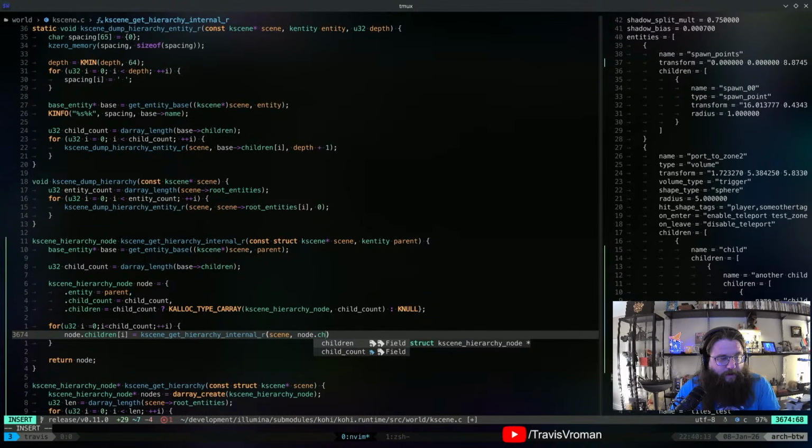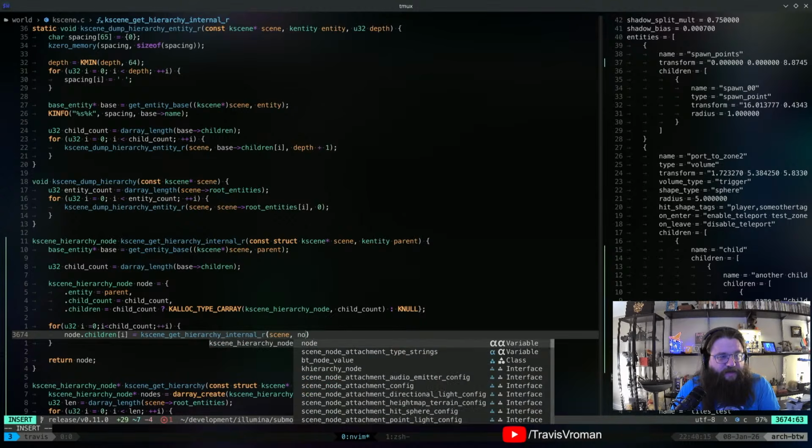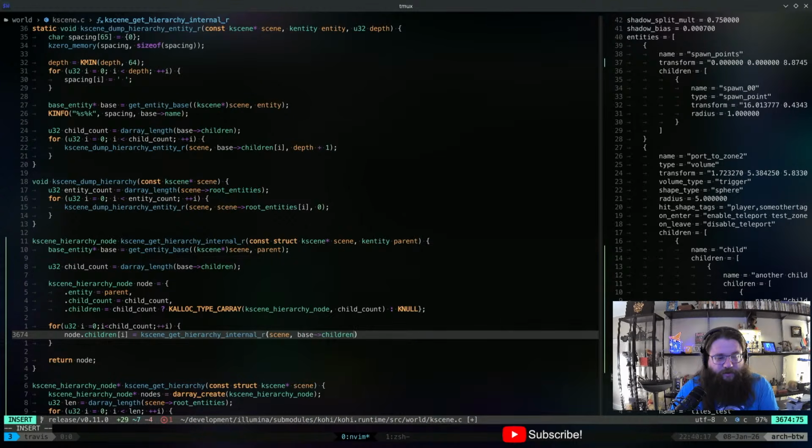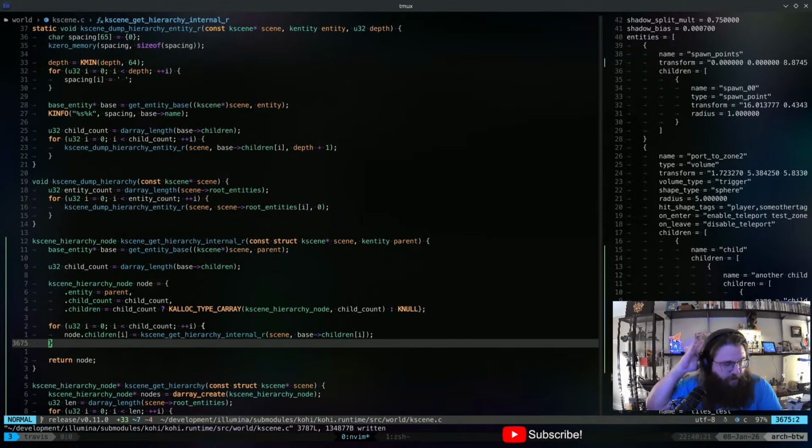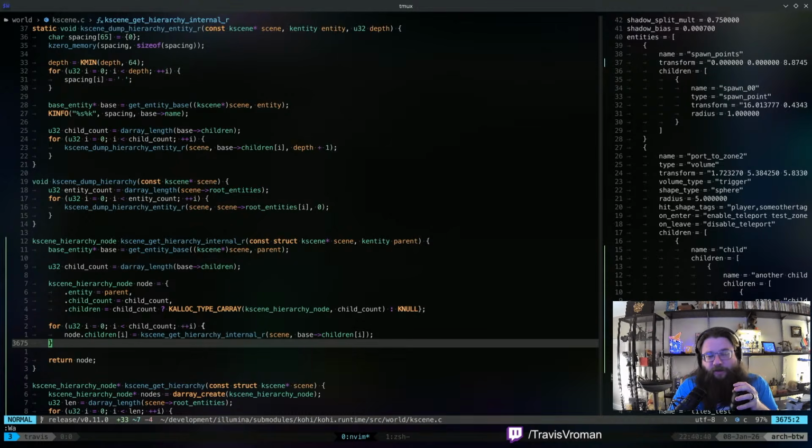Wait a minute. Base children sub i. Right? So that's going to give us the hierarchy of all of the nodes that we need. Now, we could, and we might wind up actually doing this, extract things like the name out of here at this point, because it would probably be a little quicker to do. But I'm going to try and do it without doing that.